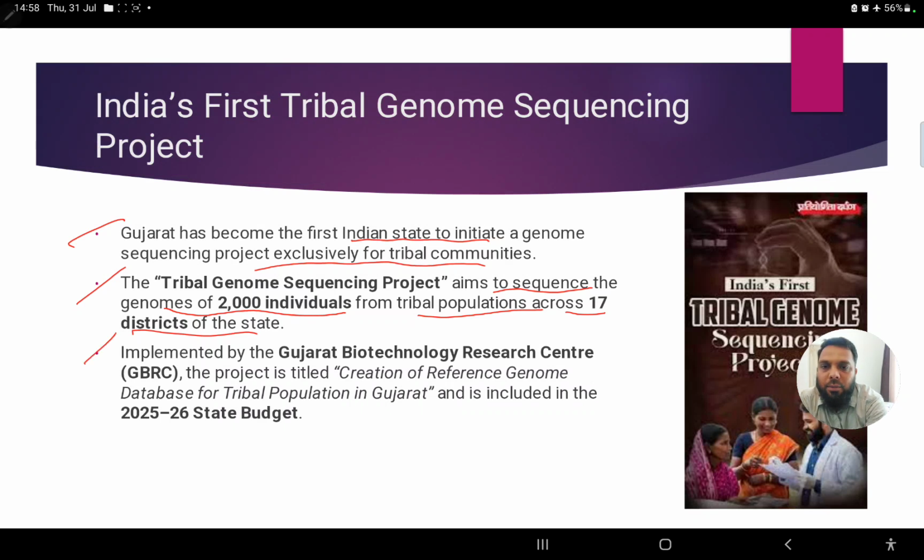Again, it is implemented by the Gujarat Biotechnology Research Center. It's again an important statement. So even though the Gujarat government has taken steps to it, who is going to implement it? That is the Gujarat Biotechnology Research Center. The project title is Creation of Reference Genome and Database for Tribal Population. It is included in the 2025-26 state budget. This is a second important thing, right? In the recent state budget they have announced it, and it is included in that particular budget,